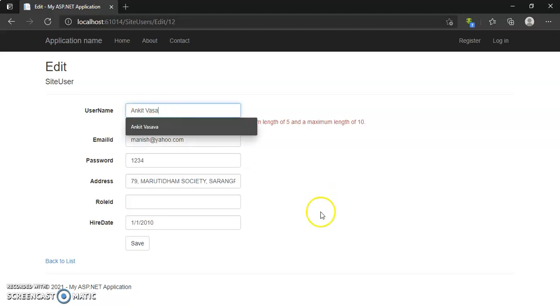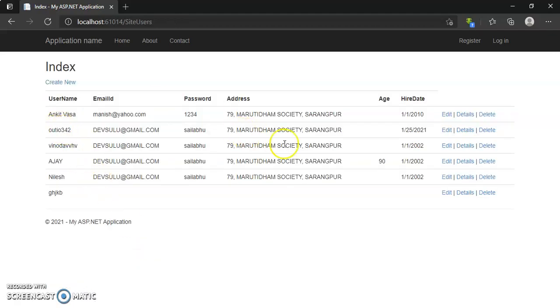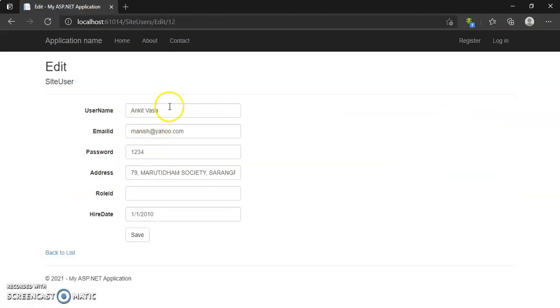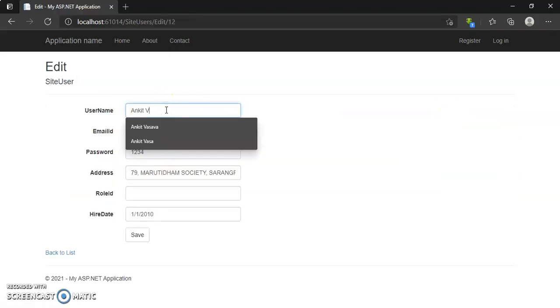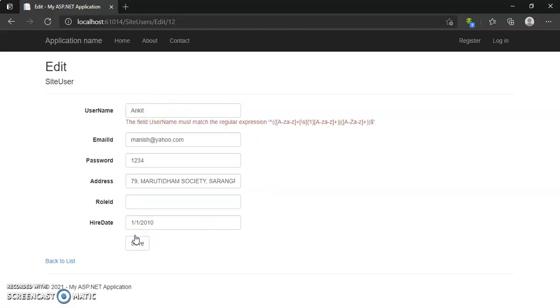So I remove some, and with these 10 characters it will accept and the name is saved. But if I put a space after the name and don't write anything, it will give us an error, because we have added a blank space and didn't add any last name. This way you can achieve this validation for username.